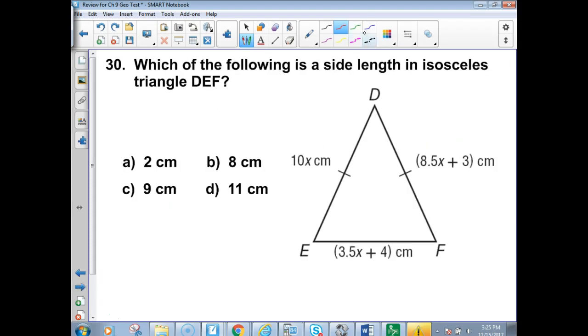Number 30. Which of the following is a side length in an isosceles triangle DEF? This is kind of an off question being in this unit because we're going to be doing this stuff starting up the day after tomorrow because we're going to be talking about isosceles triangles. But we can do this. We would set these two segments equal. So we'll have,